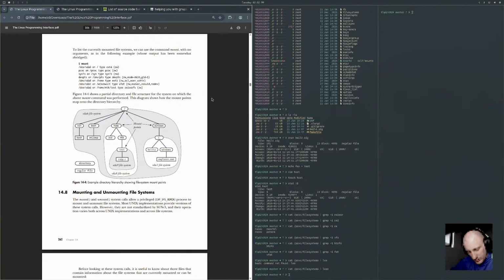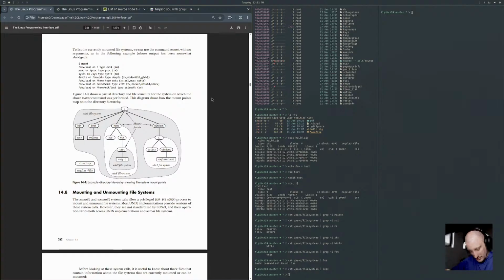So the pills are directories and the rectangles are regular files. SDA6 file system, SDA8, SDA9, SDA1. Cool.